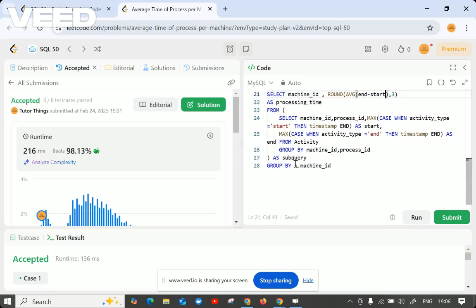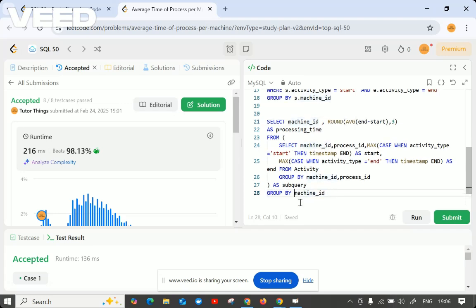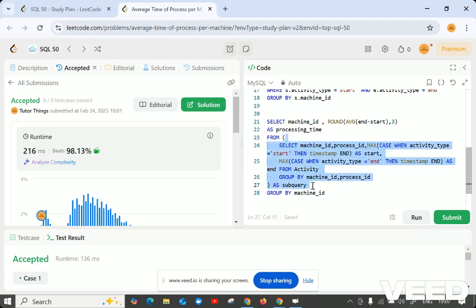Again we have to use round, an aggregate function is there. So group by is mandatory, and group by mission id is enough. So this query also works. This is the subquery where we are taking one more table, or one more list of data, with mission id, process id, and start and end fields. From that start and end we write the main query by rounding up those timestamps. So I hope you have understood, right?